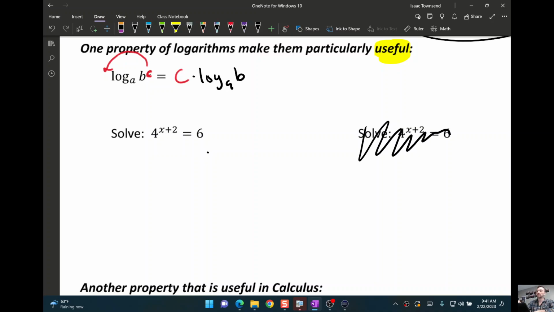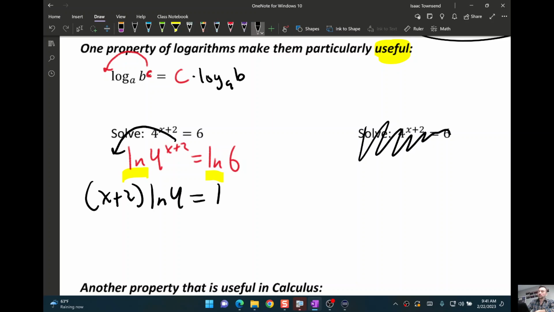This is unique. So this first step's not too important right now, but we could take the natural log of both sides. That's okay because I'm keeping it balanced. The reason I know to do that is because now this x plus 2 is an exponent on something I'm taking the log of. So this property says, hey, that thing you're solving for, you can bring it down out of the exponent. Now, natural log of 4 and natural log of 6 are some weird decimals, but these are just numbers. So I could just